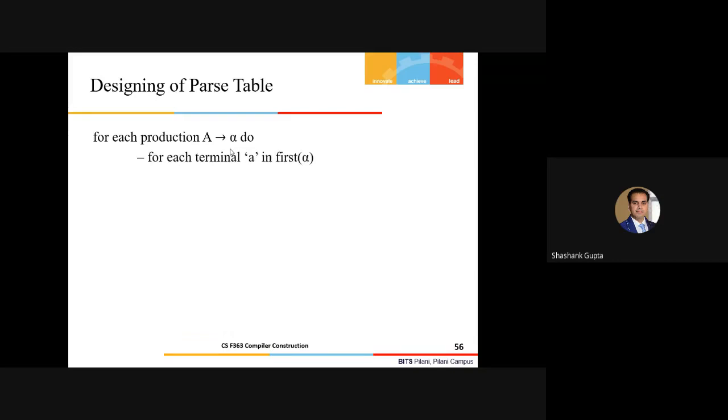As a first step, if first of alpha, that means the first of the right hand side, gives me certain tokens or terminals, then my entry in this two-dimensional array M, corresponding to this stack symbol A and this particular token, will be this production. This is the unique action to be performed. If the first of the right hand side gives me that token, I place that production under this entry.